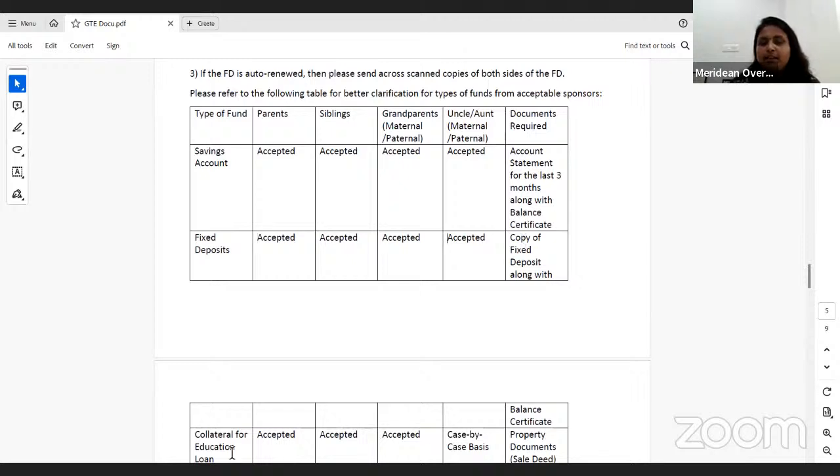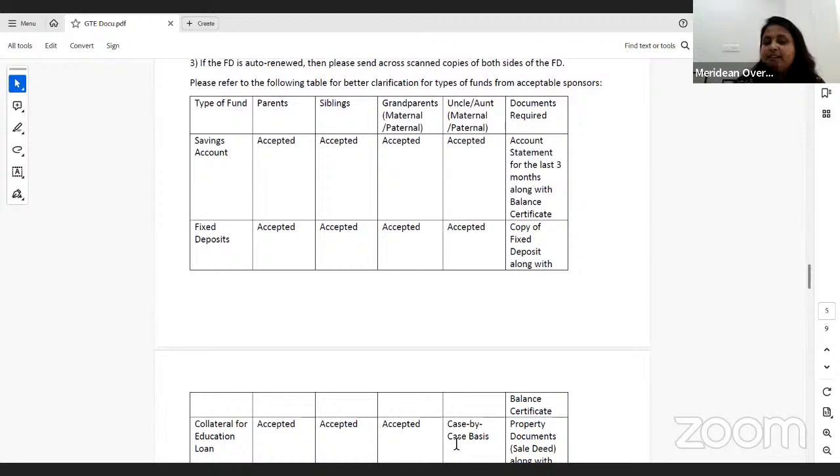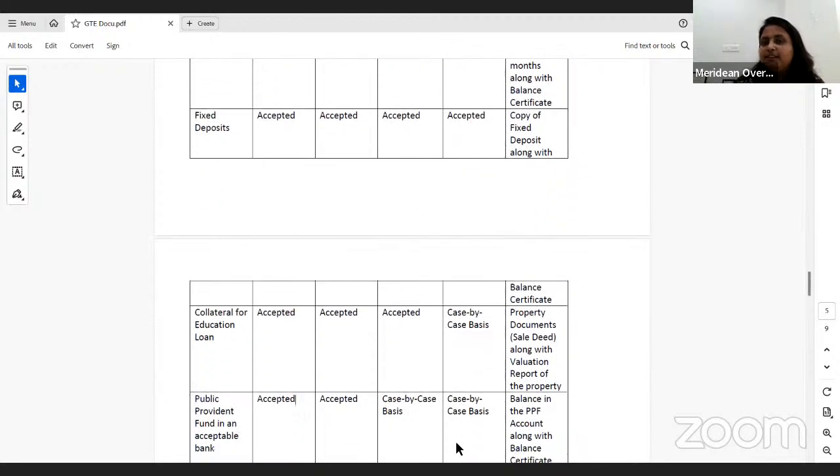कोलैटरल लोन अगर आपका है तो कोलैटरल लोन कौन ले सकता है? एजुकेशन लोन डेफिनेटली पेरेंट्स ले सकते हैं, सिबलिंग्स, ग्रैंड पेरेंट्स, uncle aunt, case by case depending upon the financial status of the student and financial status of uncle aunt. पीएफ पेरेंट्स एंड ग्रैंड पेरेंट्स, दो लोगों का एक्सेप्ट होता है।